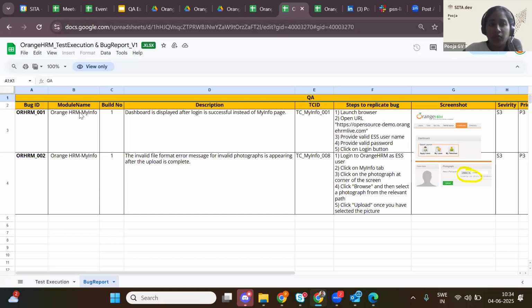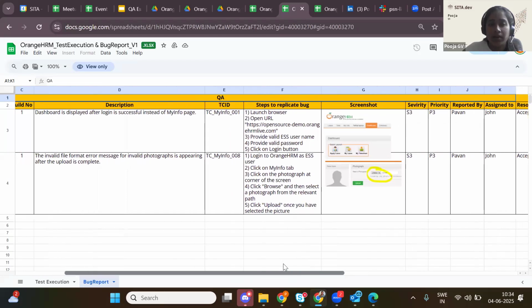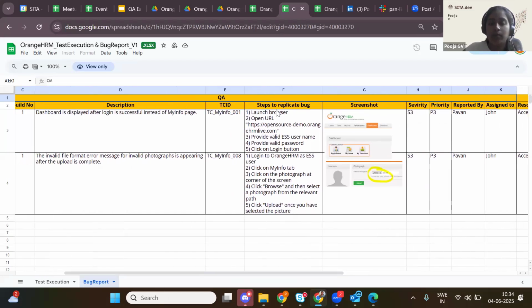And we have to ensure for which module this has been created for the particular bug. So when you clearly mention all this bug in detail, it will be easy for the developer to go through what this bug is about, where we are ensuring the particular issue. And here, the steps to replicate this bug, we have to ensure in detail how this bug has to